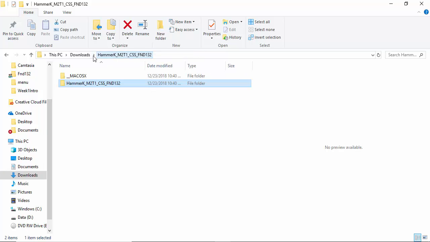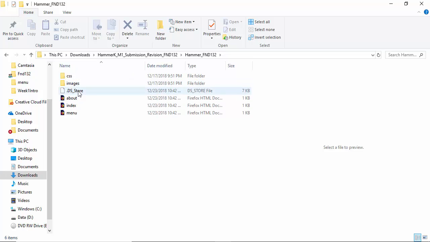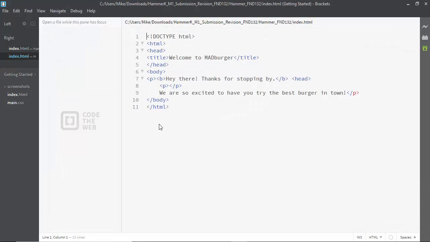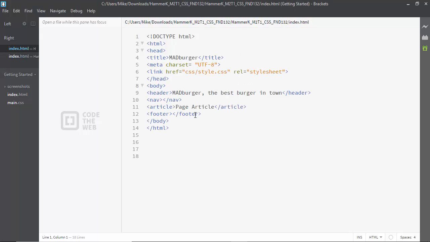So what will happen is that folder structure you have here, this should be identical to what we're working with, and you'll be submitting this entire file. So I'll start with the index page and I'll open up in Brackets for this part. So you had to go in, I pointed out a couple areas where you had to correct in that regard. So what I'm going to do is I'm going to take what you have here,